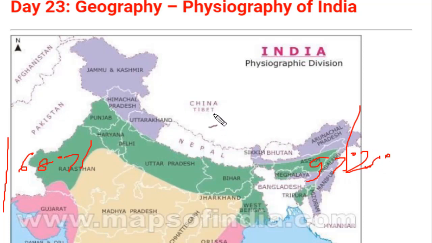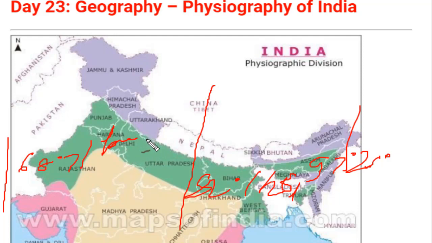Now there is a standard meridian which passes through Uttar Pradesh, and this is 82 degree and a half minute east longitude. So this determines the standard time of a country. Talking about the physical boundary or the physical area, India is the largest country in its subcontinent. In the Indian subcontinent, there are several countries like Pakistan, China, Afghanistan, Myanmar. Among these, India is the largest country in terms of area.